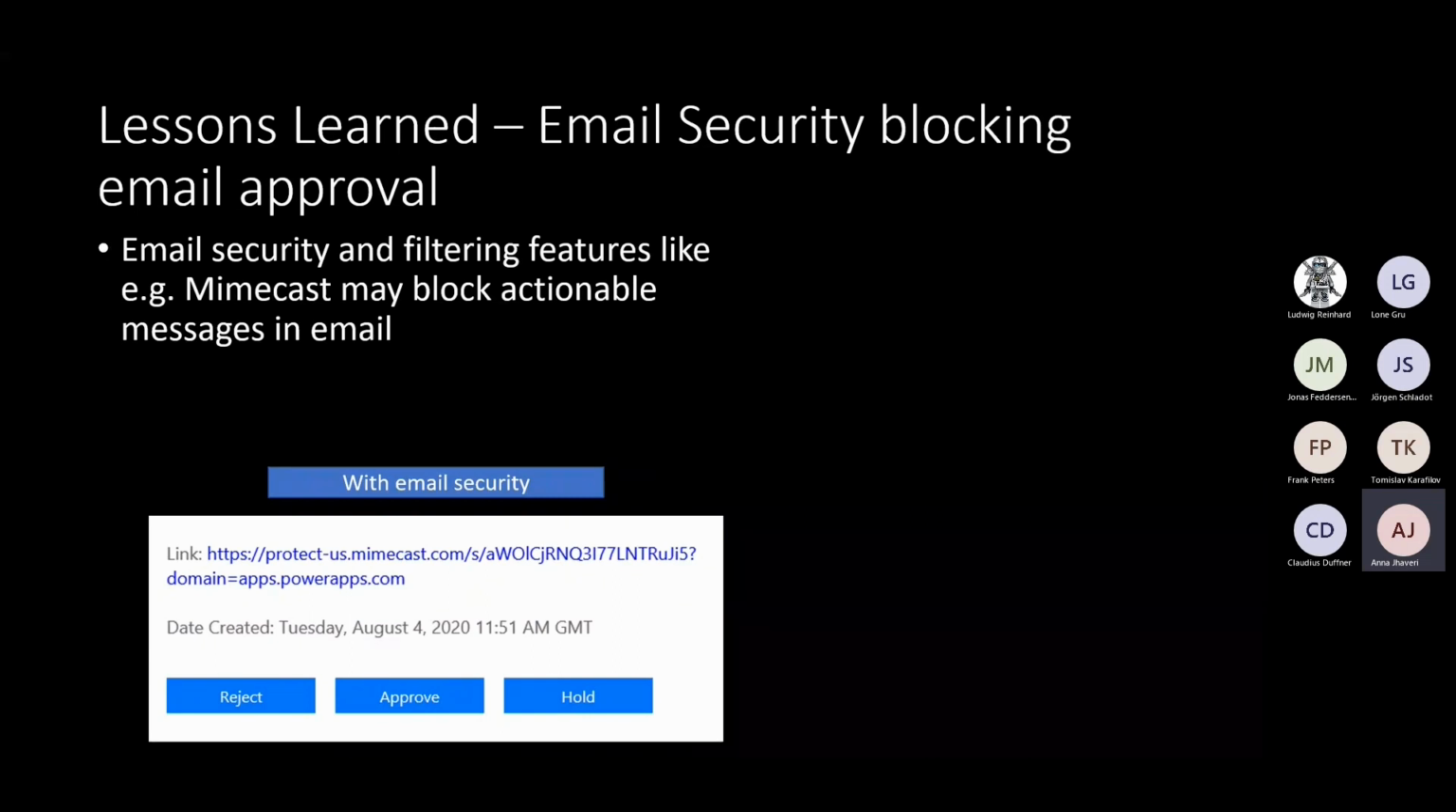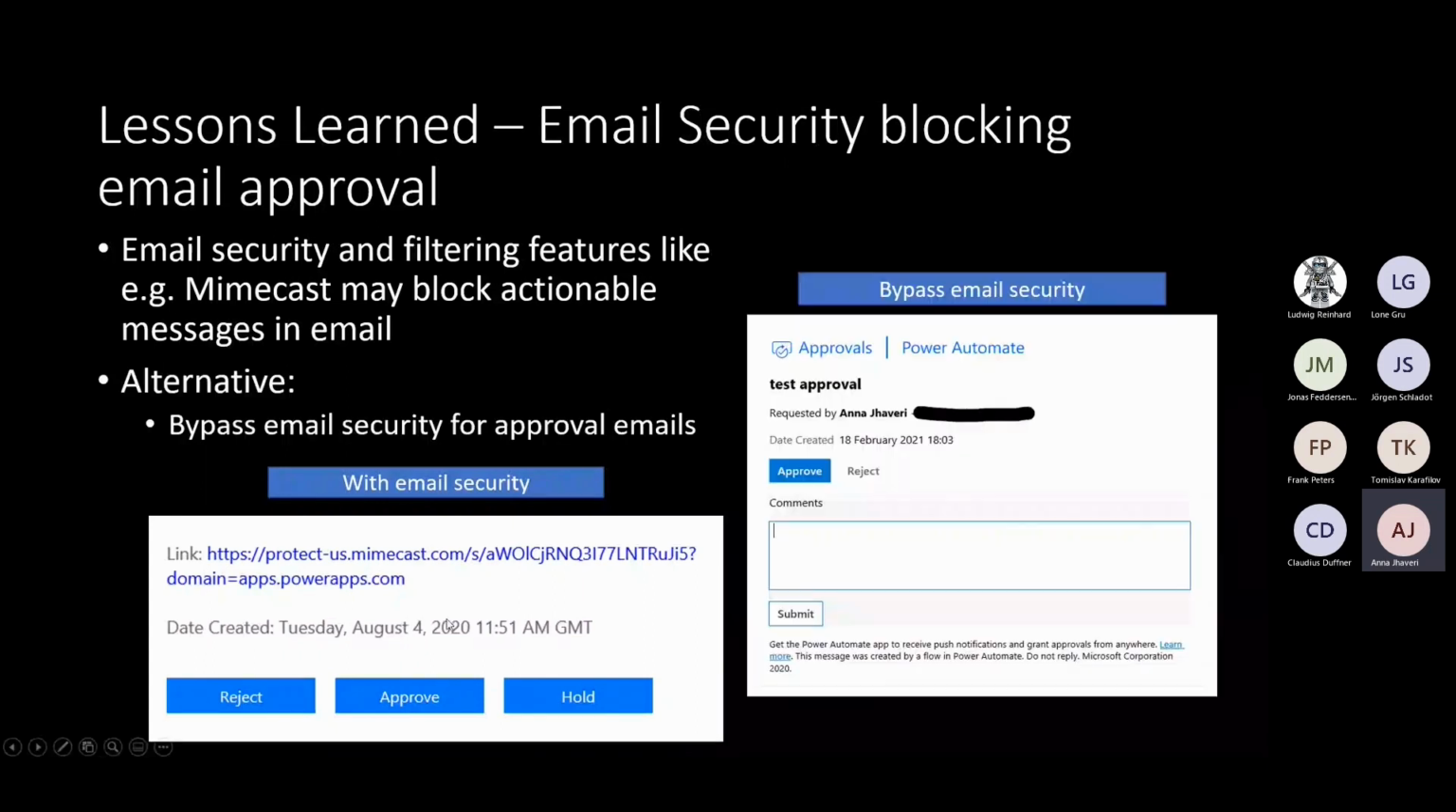It shouldn't take the user to the browser. This was one interesting issue that we faced with one of the clients where email security was turned on and it was blocking these actionable messages. These are called actionable messages in Outlook. So we had to bypass the security for approval emails in Mimecast